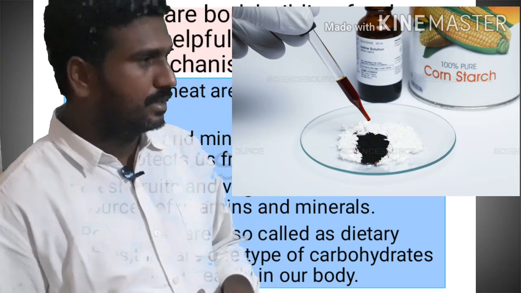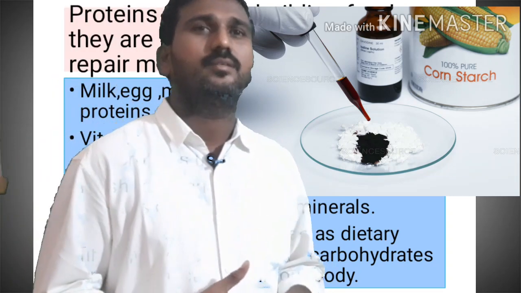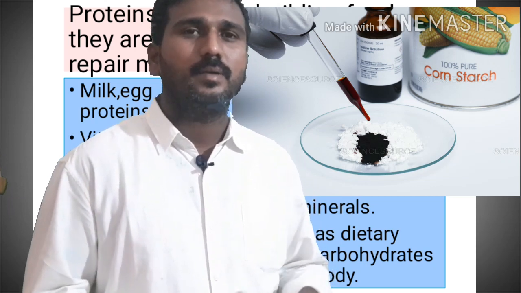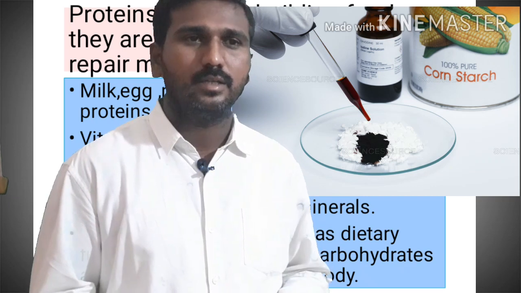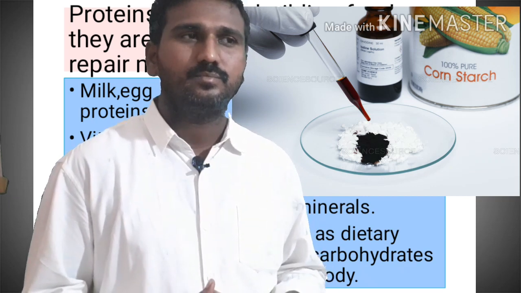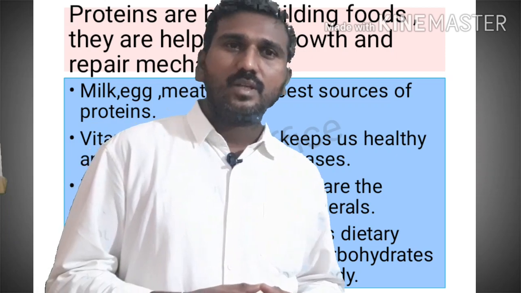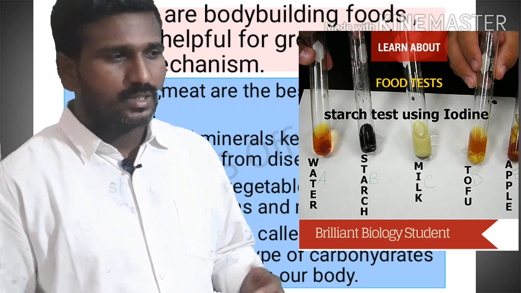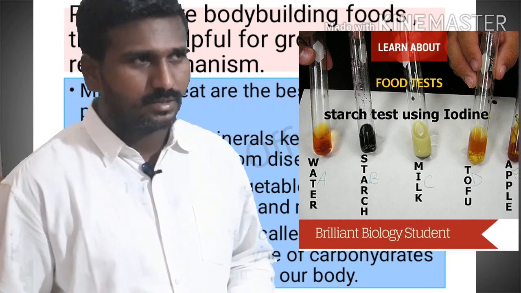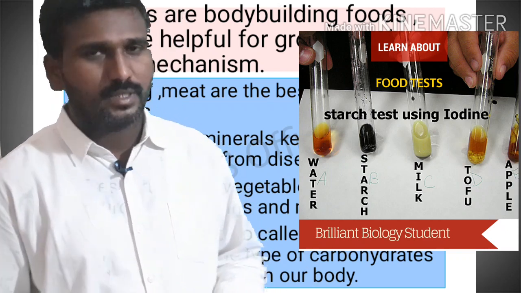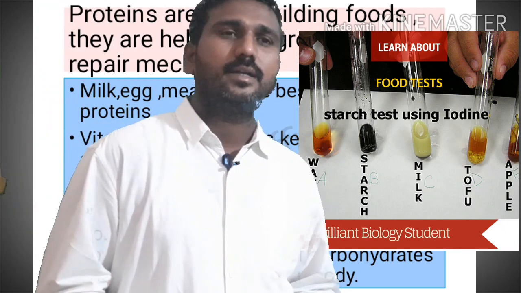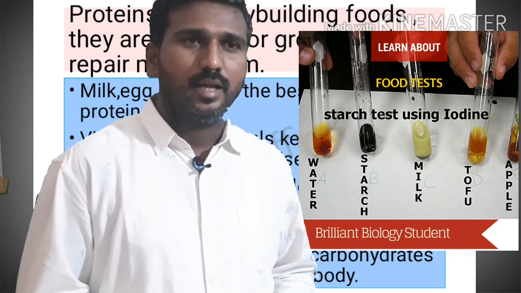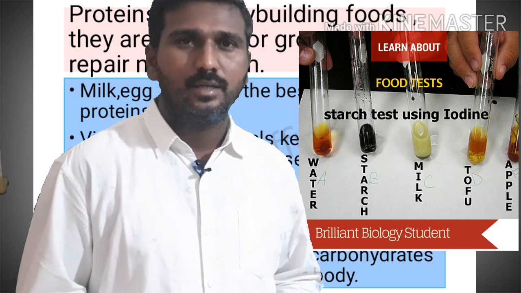First one is test for starch. How is the test for starch done? Before that, you may be confused with this unfamiliar, new word, starch. What is starch? What is the meaning of starch? Where do you come across this word? Starch is also a type of carbohydrate produced by all the green plants, and stored in them for producing energy. Starch is the reserved food material in the plants.